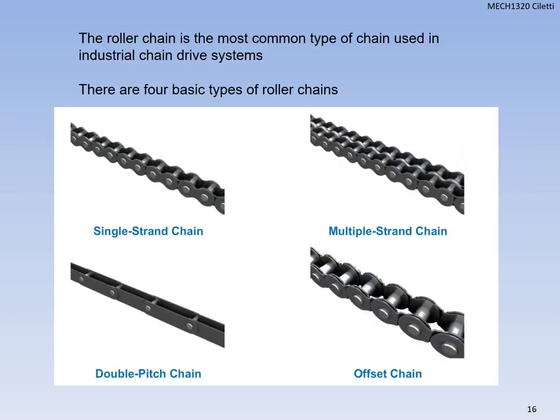All right, so other than those 4 types of chain, and we know the roller chain is the most common type used in industry, there's 4 basic types of roller chains. There's a single strand, a multiple strand, a double pitch chain, and an offset chain. And here it's pretty obvious the pitch is what? The distance between pins. Okay, so you can see here the 4 different types of roller chains. And if you look closely at the offset, you can see why they're called offset, where the plates and the pins kind of interact, and where the 2 plates, one kind of wedges behind the other